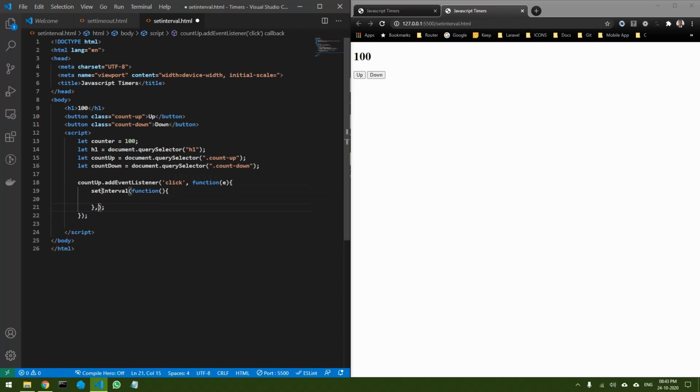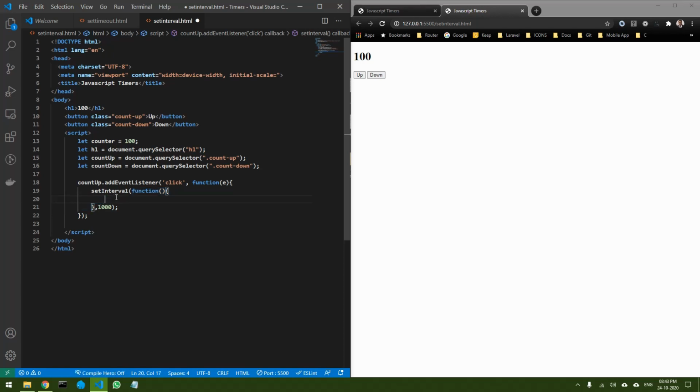The delay here is, let me say I want to do an up counter every 1 second. So the function inside is going to run every 1 second.